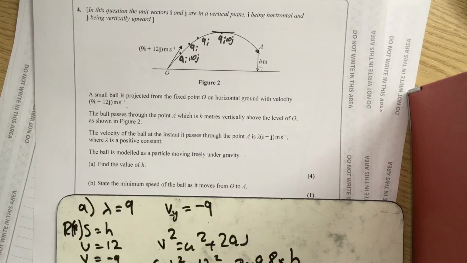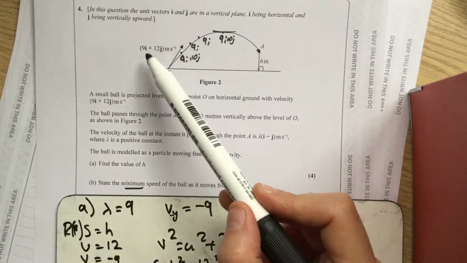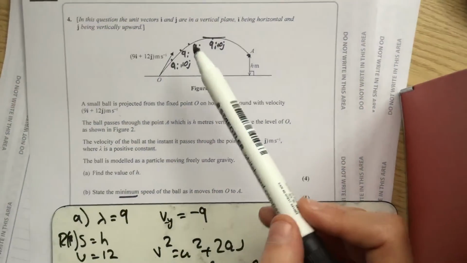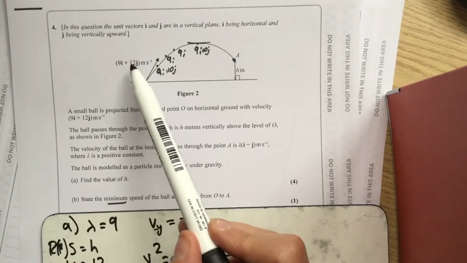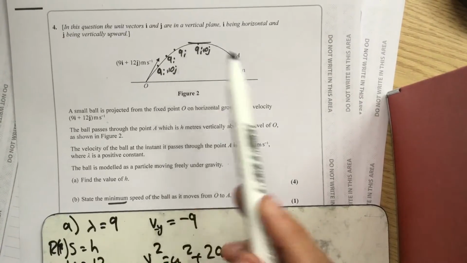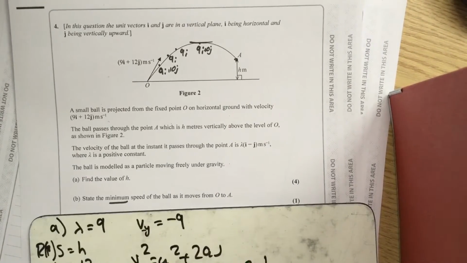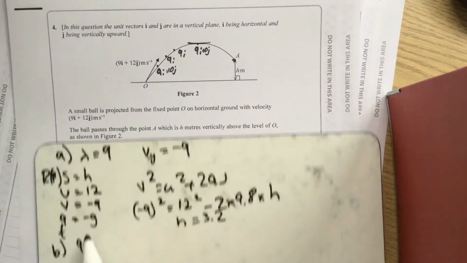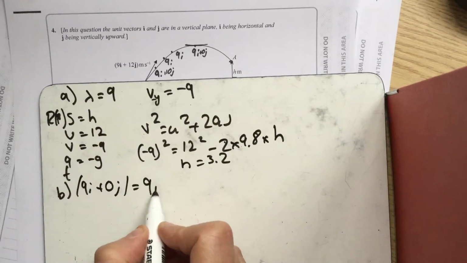The question then asks you for the minimum speed. Well, think about what's happening to the overall speed. Remember, the speed is the magnitude of the velocity. It's the components of the vertical and horizontal put together. So the overall speed is 9 squared plus 12 squared, and it gets less and less. So the minimum speed is going to be at that top point. The minimum speed for part B, this is why it was only worth 1 mark, is just 9, because it would technically be 9i plus 0j, but obviously the magnitude of that is just 9 meters per